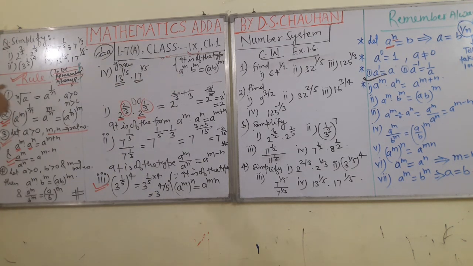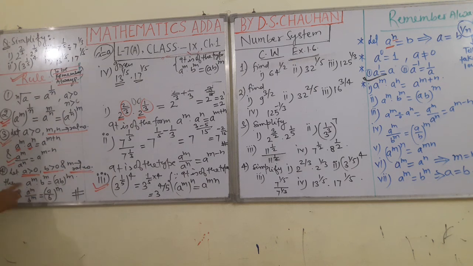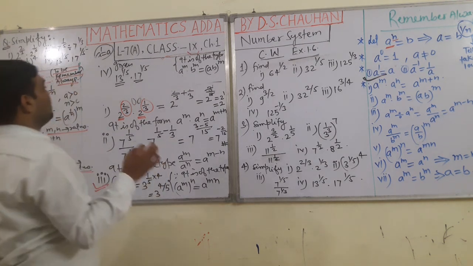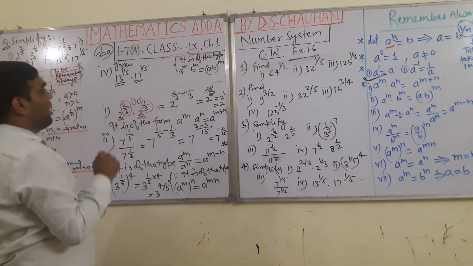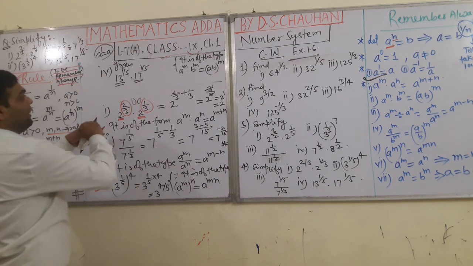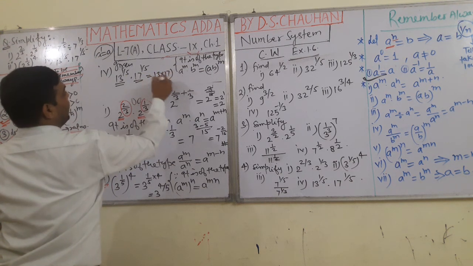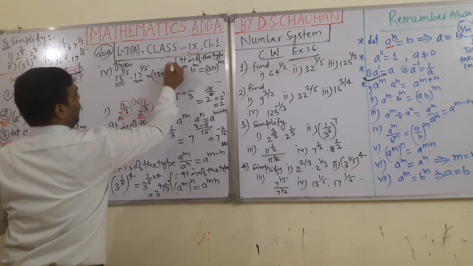Related to this question, I have given the formula here. Let a be a positive number, b a positive number, and m a rational number. A to the power m into b to the power m can be written as ab to the whole power m, and in case of division it can be written as a upon b to the whole power m. Means if it is the case of different bases but of the same power, it can be the product of the bases over the same power. So it can be written as 13 into 17 to the whole power 1 by 5.